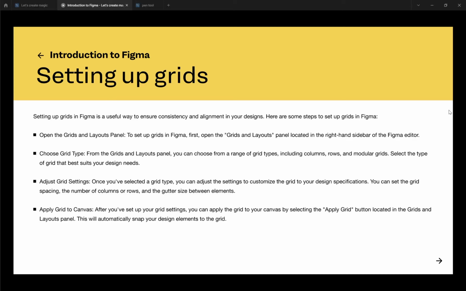Setting up grids is a useful way to ensure consistency and alignment in your designs, majorly alignment, right? You don't want things looking really displaced from end to end, which is the margins. Yeah, so in order for you to have better alignment and consistency in regards to one of your designs or